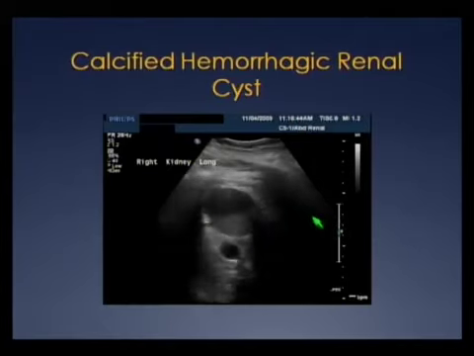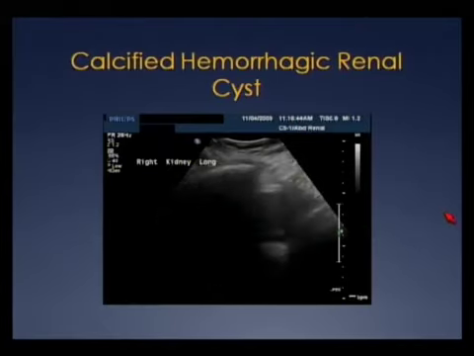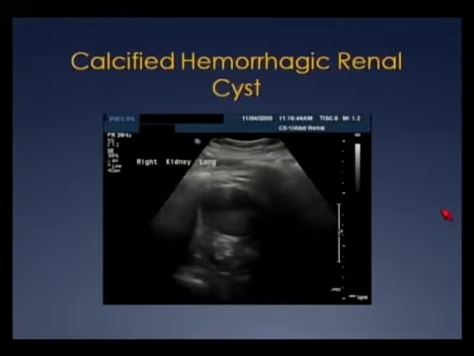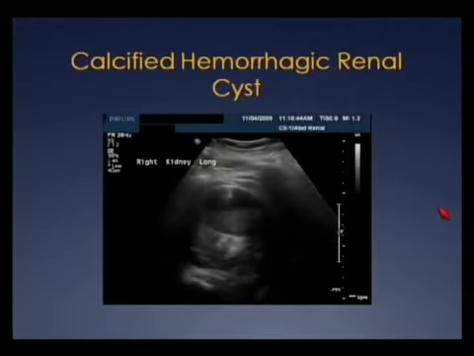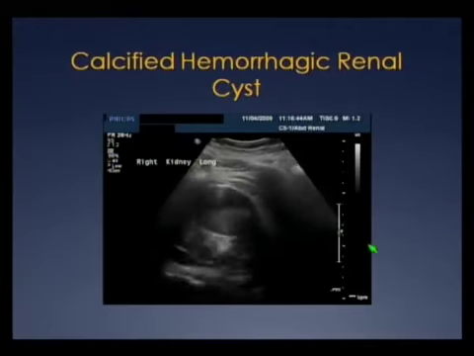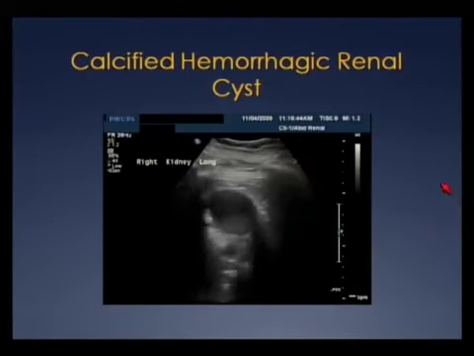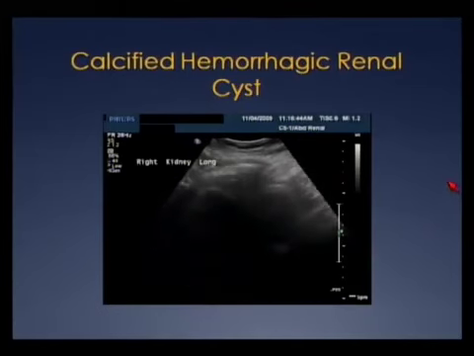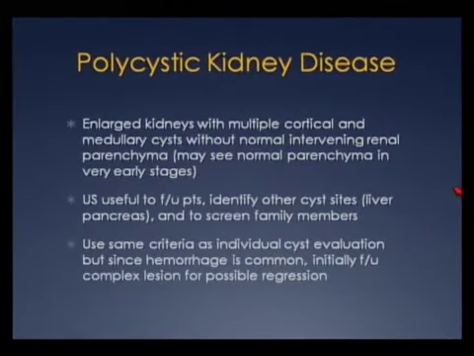Now for this patient, depending on your level of confidence, again, following this patient up with CT would be great because of the calcification, but you could also comfortably call this a calcified hemorrhagic renal cyst, especially since there's no increased Doppler flow. Now polycystic kidney disease, the hallmark of polycystic kidney disease is enlarged kidneys with multiple cortical and